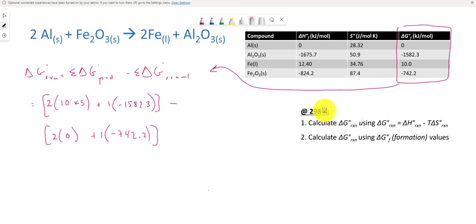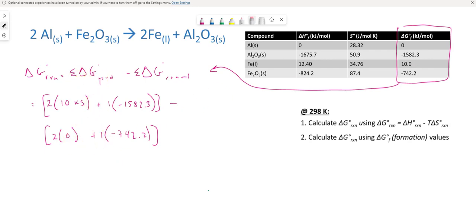Okay, so the second question then is getting at the same exact value but by a different means, and in this table we also have the free energy of formation under standard temperature and pressure for each of the compounds in the system. And so we know that the sum of the products of these quantities minus the sum of the reactants is going to yield us the change in free energy for the particular reaction as written. And so I started this, but I'll let you finish the computation here because it's really just number crunching at